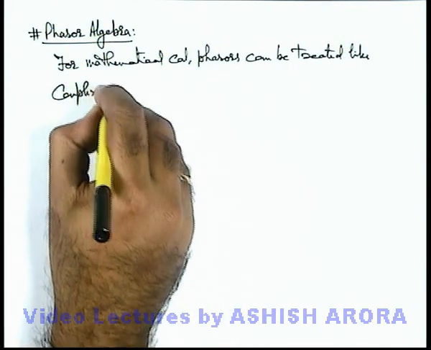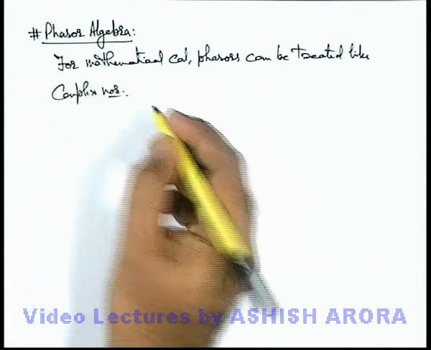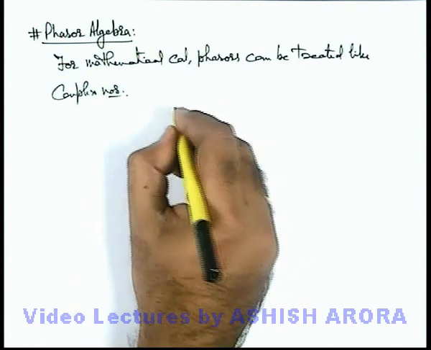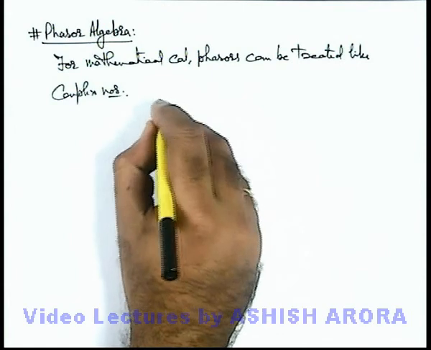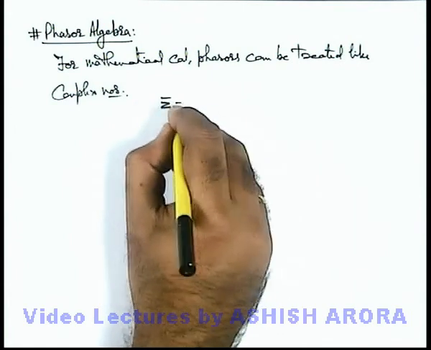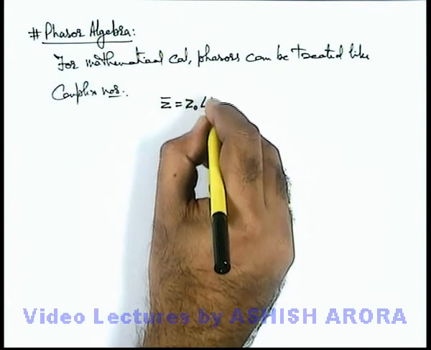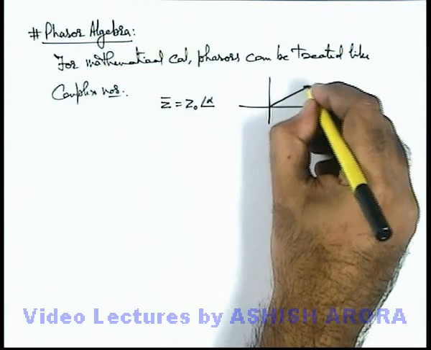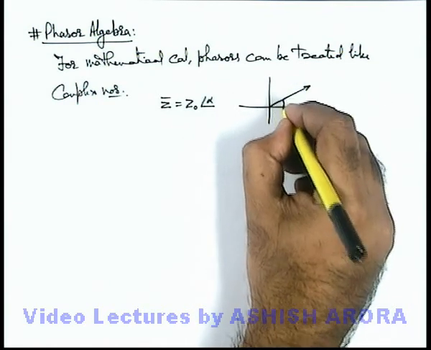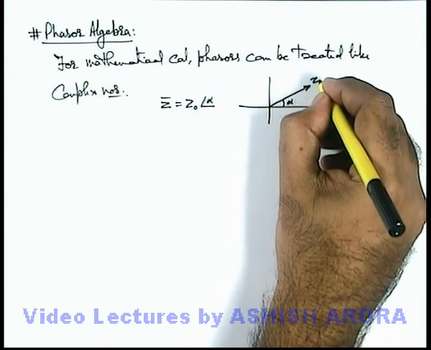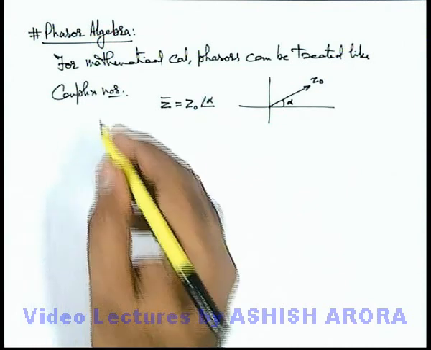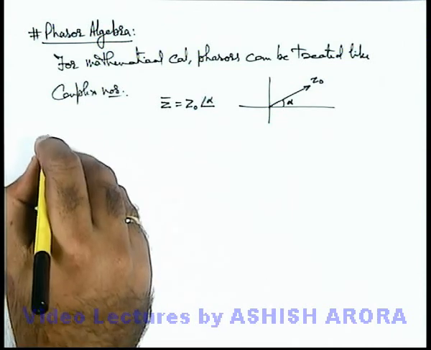complex numbers, because we know complex numbers can also be represented as vectors on an Argand plane. Say we are given a complex number or a phasor as z phasor equals z0 angle alpha. Then on the Argand plane it can also be given like this. It is at an angle alpha and the magnitude is z0. The argument we consider as alpha. Now for different cases, if we define